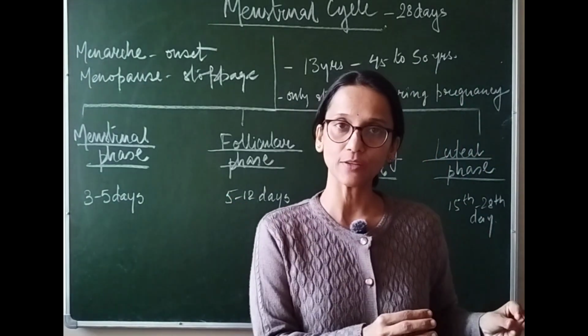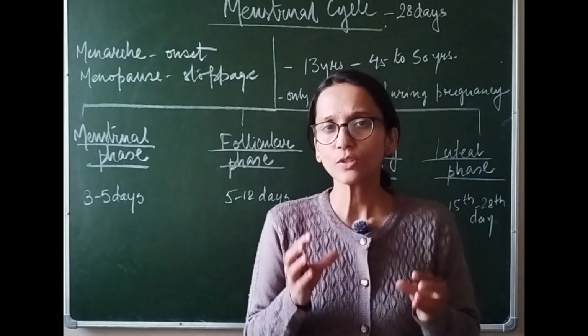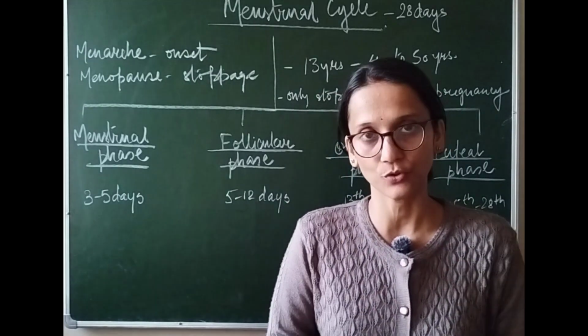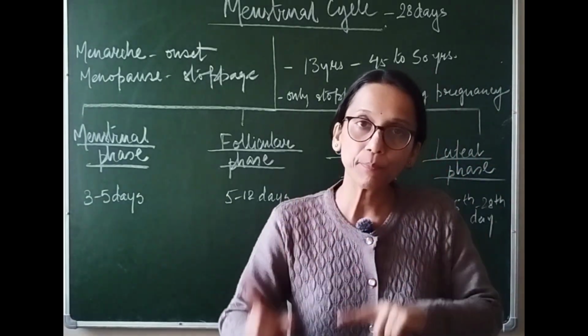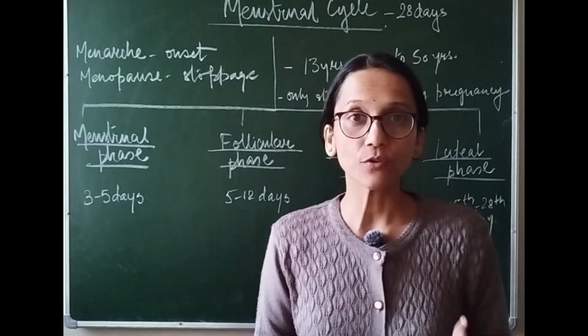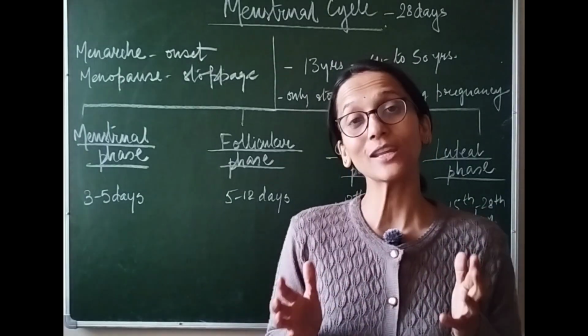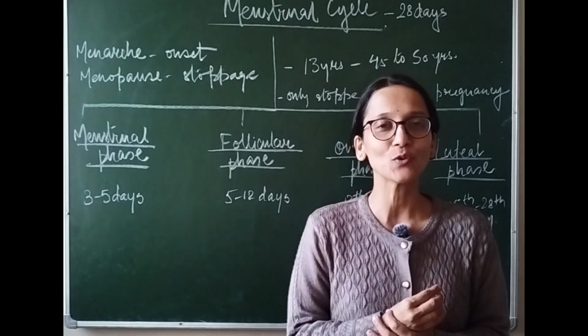What will happen in this? The primary follicle will develop into secondary and then tertiary and then Graffian follicle. And as we know, these follicles produce the hormone estrogen. So the level of estrogen is going to be very high during the follicular phase. It will also have an impact on the uterus. This will help the uterus to become more spongy and more vascular, richly supplied with blood, because the body is hoping that there will be copulation, there will be fertilization, and the zygote is soon going to come and get